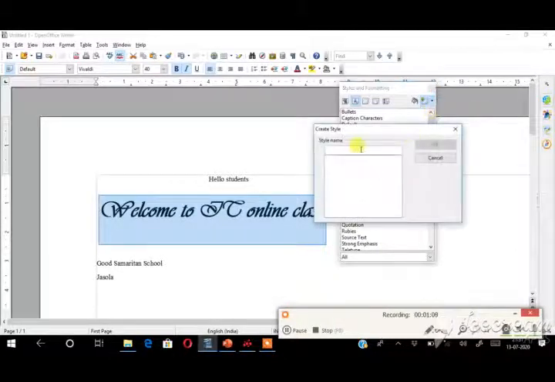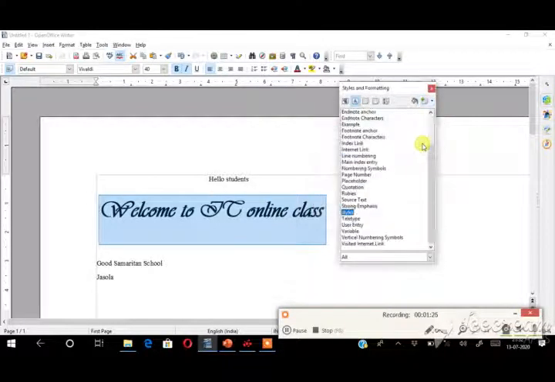Here you have to specify your own style name. I want the file name here. See here, I am specifying the name. Click OK. So now the name will appear here. After that you have to update the style. Then only whatever changes are made in the text will be updated in this style's name. So you got to update the style.